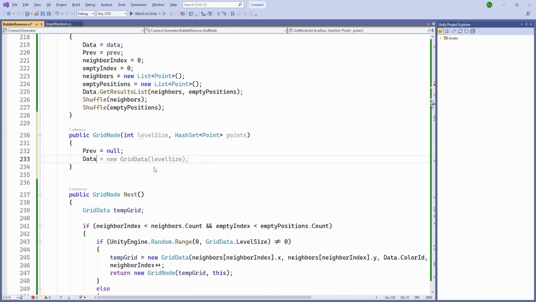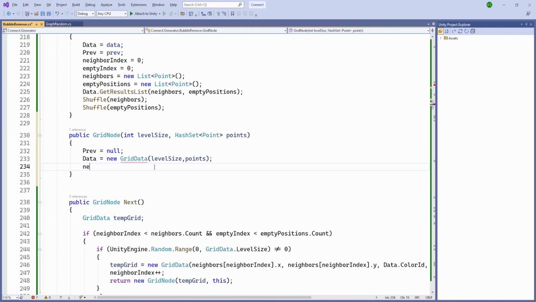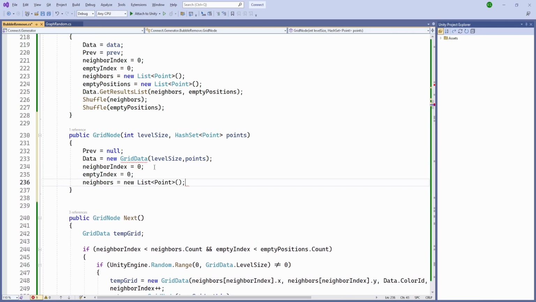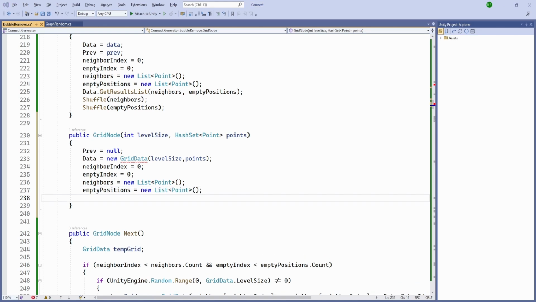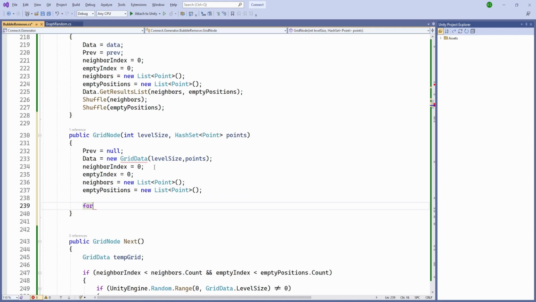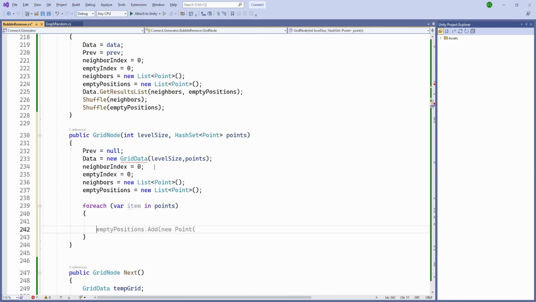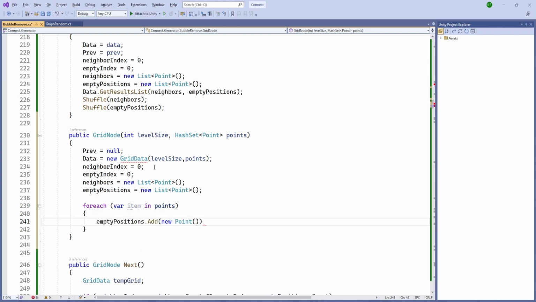and after that our data is going to be our new grid data of level size, but it is going to have one more constructor in which we are going to pass the points, and everything else is going to be similar. Neighbor index equals 0, empty index equals 0, neighbors equals new list of point, and empty positions equals new list of point. And what we are going to do is for each item in our points, we are going to add our item, which is our point, so it is going to generate from there,